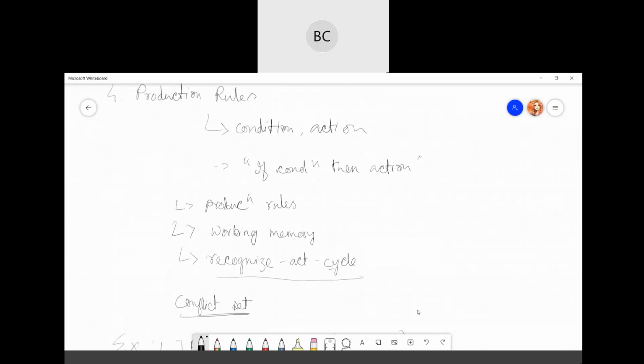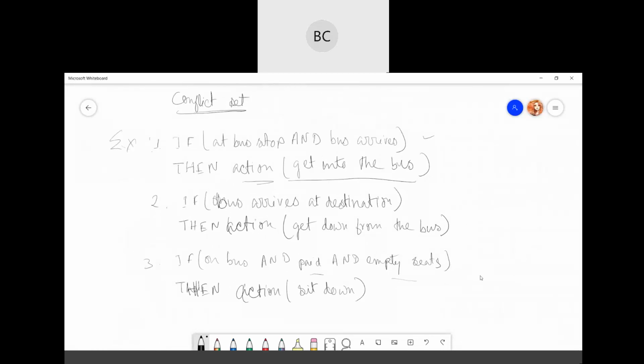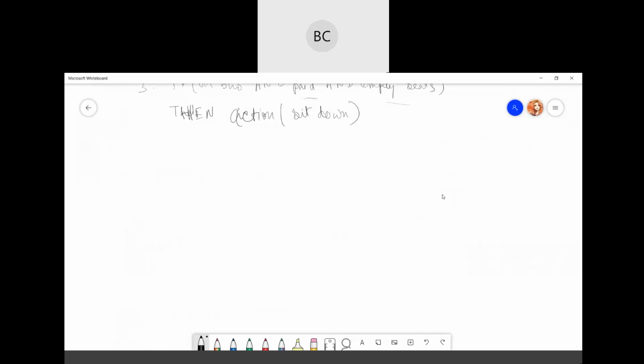In the other 3 techniques, you can see the agent is not that intelligent. Everything is on the creator of the system. But in case of logical representation, it's something which knowledge-based agents use. And using these logics, they become intelligent. Okay, it can work accordingly. So in logical representation, I said there are 2 parts. One is propositional logic, and one is predicate logic, also known as first order logic. So we will try with the propositional logic first.